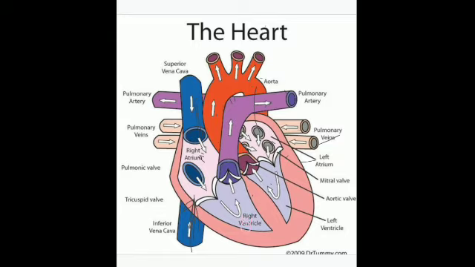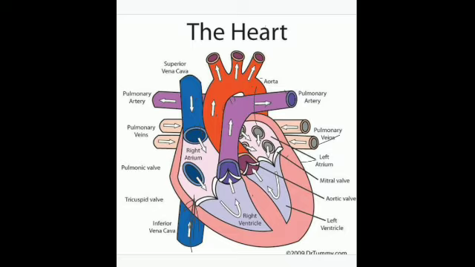Is that clear? Simultaneously the left atrium also contracts, and the oxygenated blood which was received by the pulmonary vein is pumped into the left ventricle. Is it clear? So first both the right atrium and the left atrium got filled up when they were relaxing, and then both the chambers contracted, and the deoxygenated blood from the right atrium moved into the right ventricle, and the oxygenated blood from the left atrium moved on into the left ventricle. Is it clear?